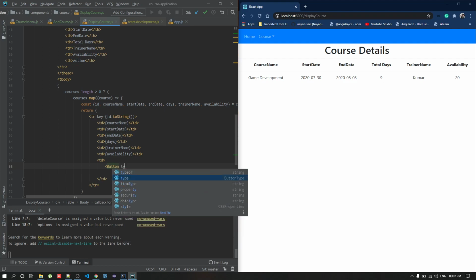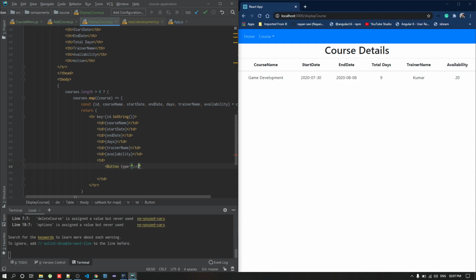This type should be a button and the class name. I will be mentioning some class name. Let's see. And this is my delete. I will be adding some styling. Button dot tail.